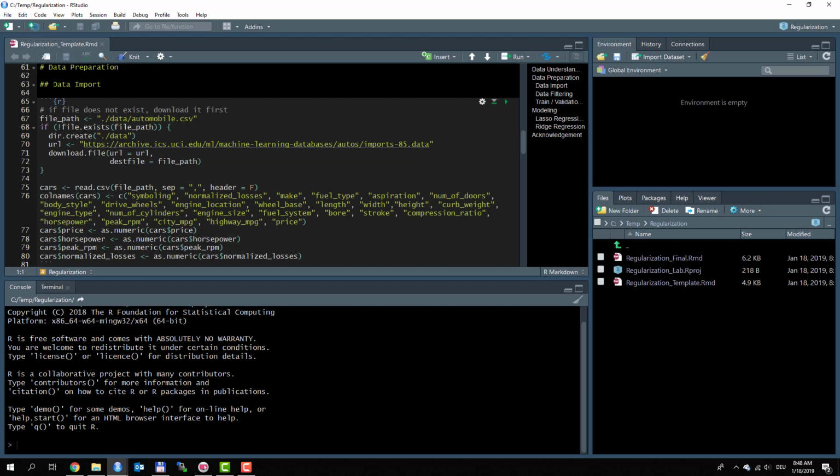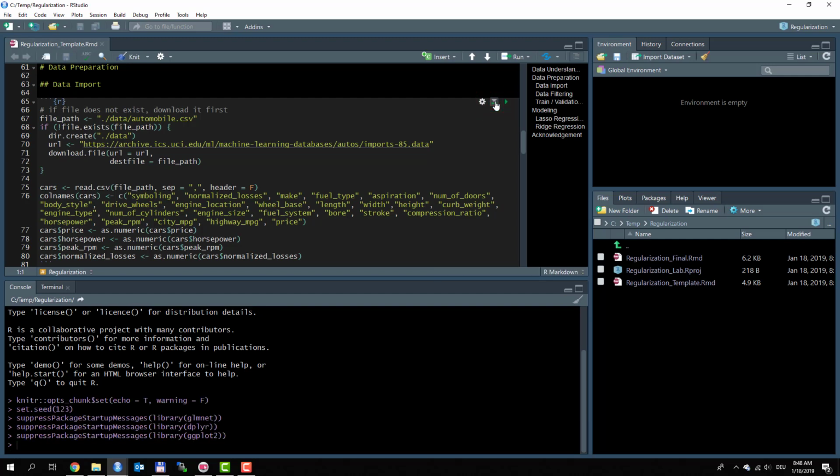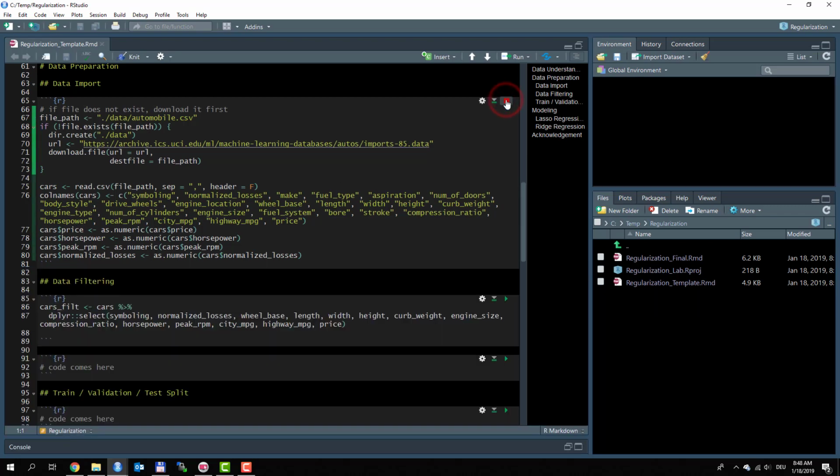So we are starting by importing the data, and here we will download the data directly from the folder. So if you didn't run this chunk before, there is no subfolder data, and the file was not downloaded. For the very first time, the file will be downloaded. Afterwards, it's only going to be loaded directly. I run all the chunks above, which means I load the packages. And now I run this chunk,